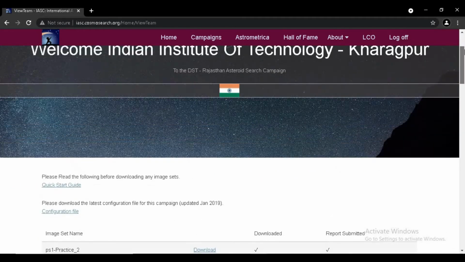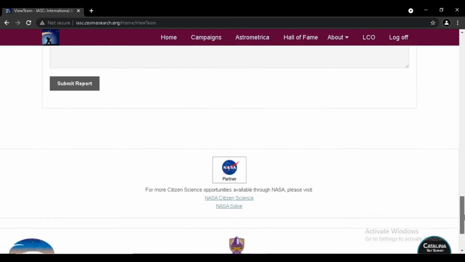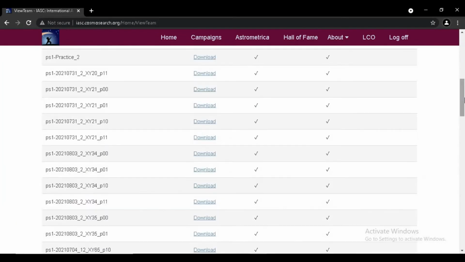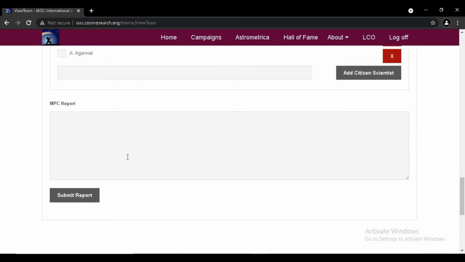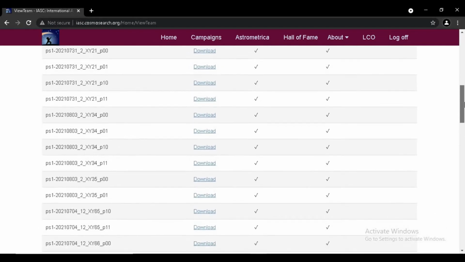On this team's complete page, you will land on the cloud-based system of the team. On this page, team members submit their report and manually download the data set.